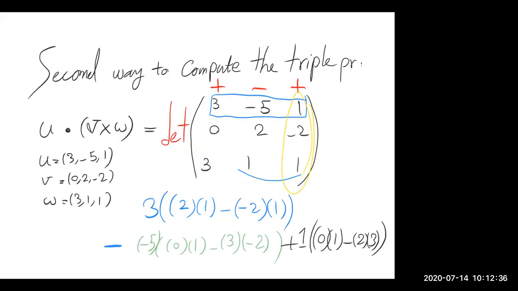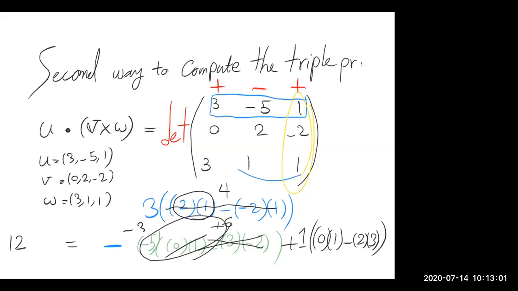And there's a plus. If we do this, 2 minus (-2) would be 4, and 4 times 3 would be 12. It's 0 minus 3 times (-2), which would be plus 6. And then we multiply it by -5, which would be -30. There's another minus here, so it would be plus 30. And the last one, 0 minus 6, times 1, would be just -6. If we do the computation, you would get